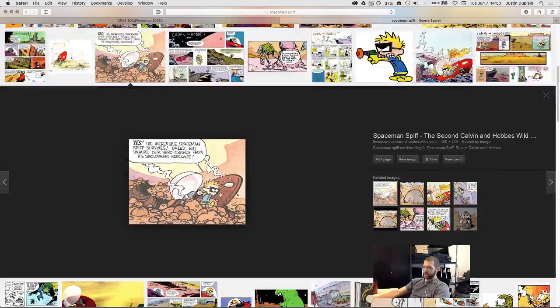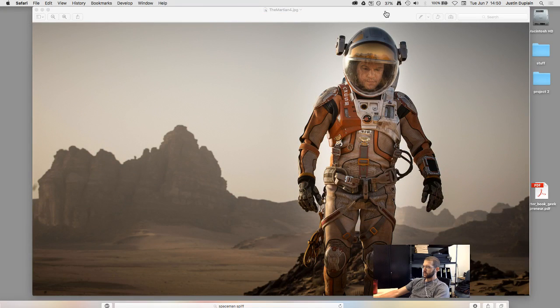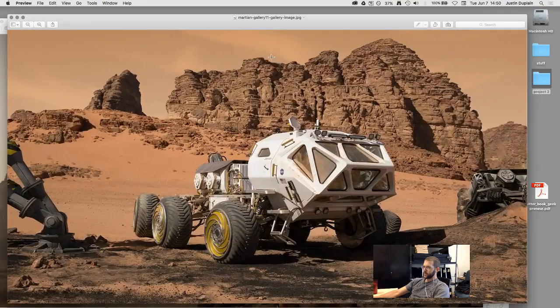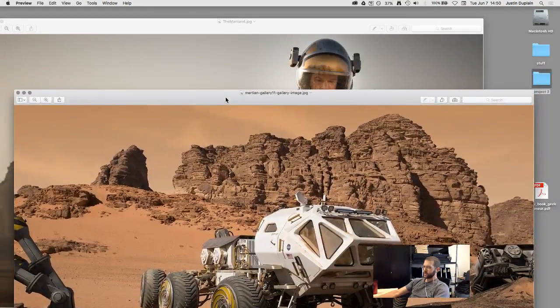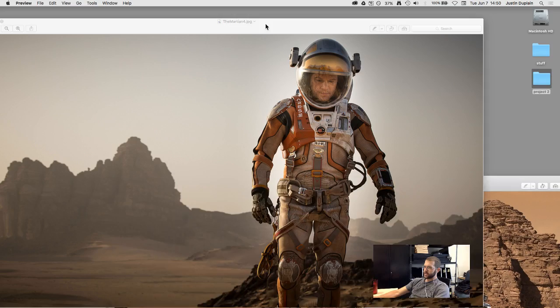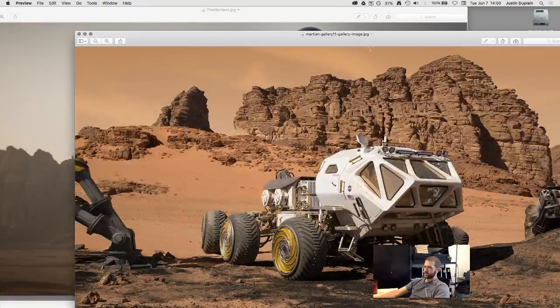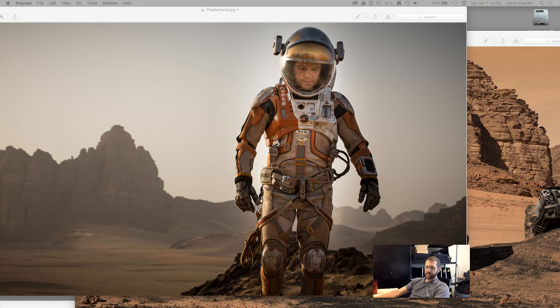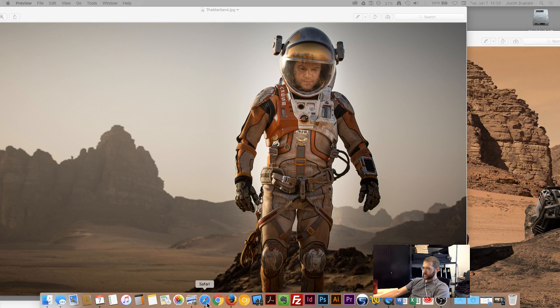Okay, so Spaceman Spiff was always crashing his spaceship on the surface. So what I did was I found a copy of the rover that they used for the movie. That's this guy here. I'm going to include this in my image and I'm going to give it the same colors as his spaceship. Also, Spaceman Spiff was, let's see,